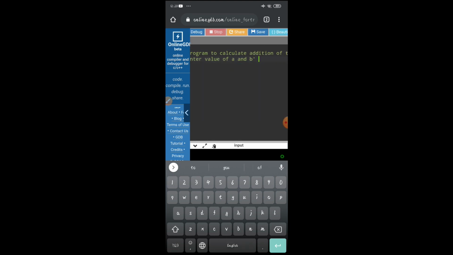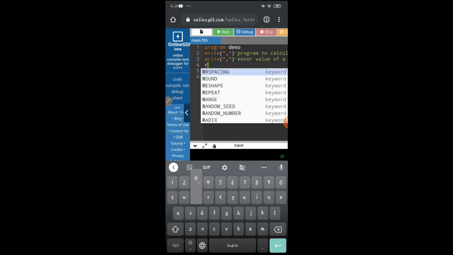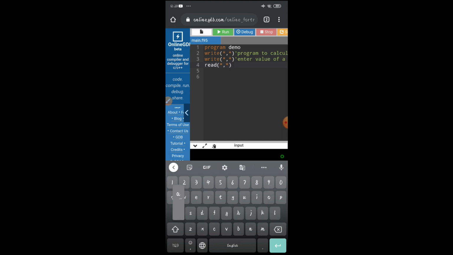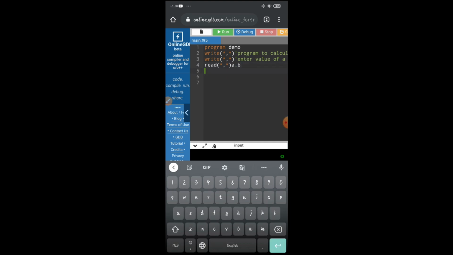Then give space and then enter. Now the user will enter, let me correct this as write. Okay, now the user will enter values of a and b, so we will read them to store them. So we will read it as a comma b. Again remember to give space and then enter.